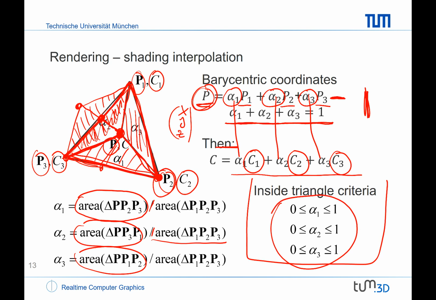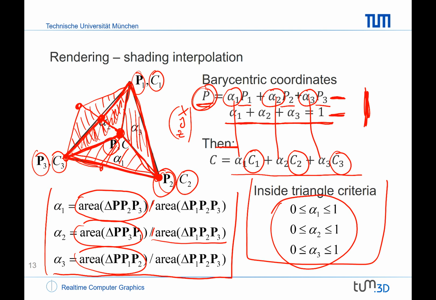Now, just for the sake of completeness, you would not even need what we have discussed here, because you see here immediately what we have. If I would write down this equation here for the x, the y, and the z components of the point P, P1, P2, and P3, then we see that we have 3 equations, and here we have even a 4th equation, meaning that we have a system of equations and we have 3 unknowns. And that even means that